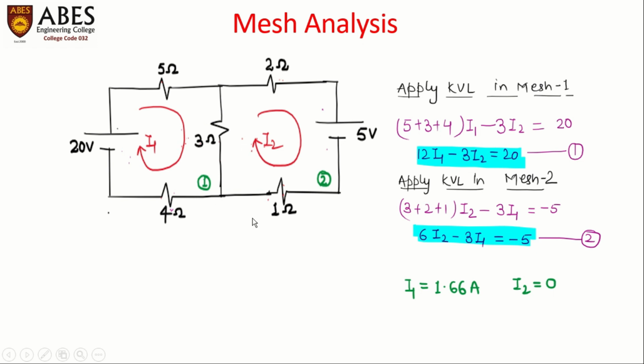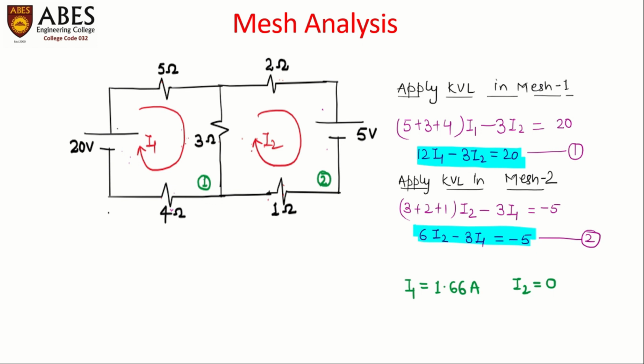Now this one is the mesh analysis. In our next video we will talk about case 2. In case 2 the circuit consists of voltage sources, resistances and current sources. Now current sources may appear in two types. The current source may appear in the common branch or in the outer branch. If the current source appears in the outer branch of the mesh, then it can be categorized into case 2, and if the current source appears in the common branch, then this can be categorized into case 3. In that particular circuit we have to apply the super mesh analysis.